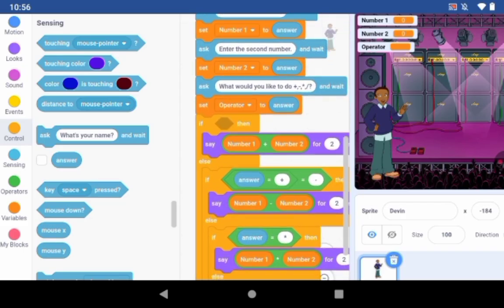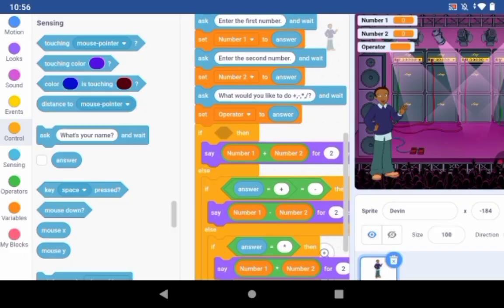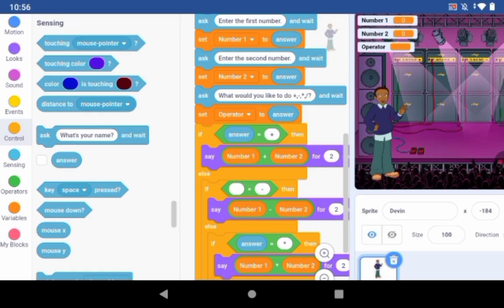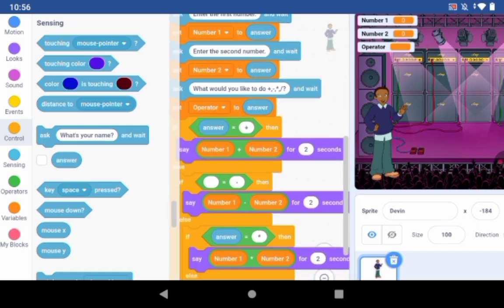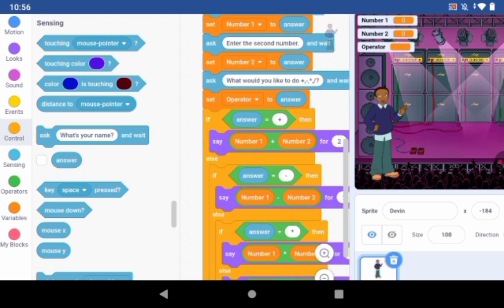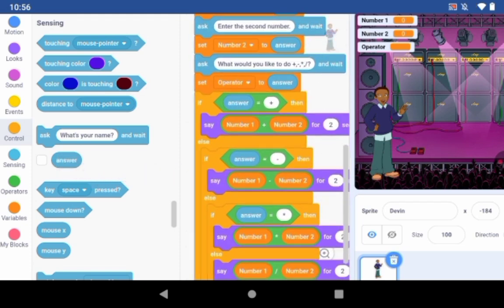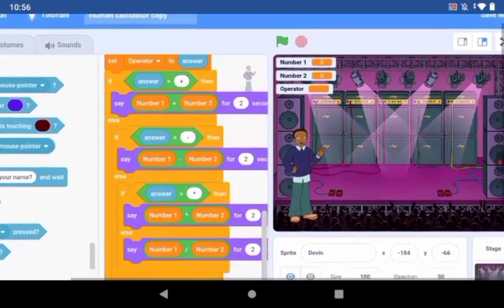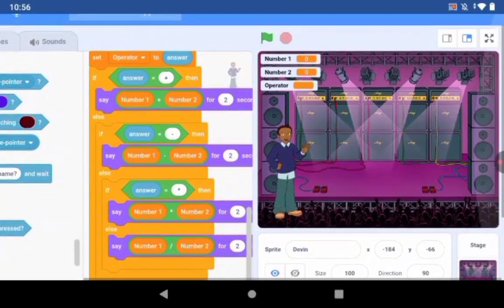If, say number 1 and number 2, if answer is equal to plus, see, if answer is equal to plus, keep it here, then say number 1 plus number 2, okay, give the answer. If answer is equal to minus, take this answer from here, okay. If answer is equal to minus, then number 1 minus number 2, okay. If answer is multiply, then both the numbers should be multiplied, else division will be done of two numbers, okay. Now see here,